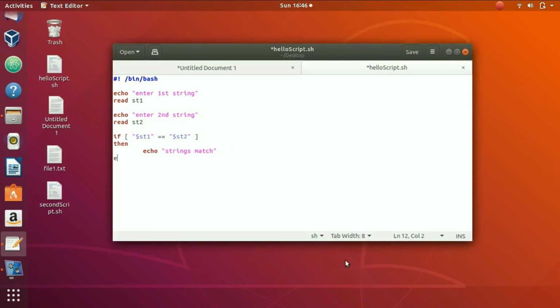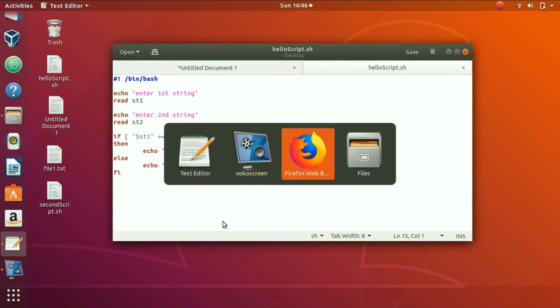And then we write here else, we write here echo, and then we write here strings don't match. Okay, so we write here fi, which basically ends the if statement, right? So now let's go ahead, let's save it, and let's try to run our script by going back to the